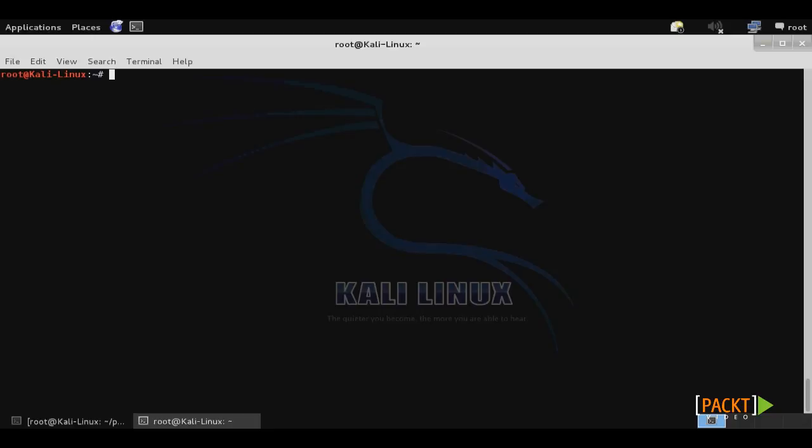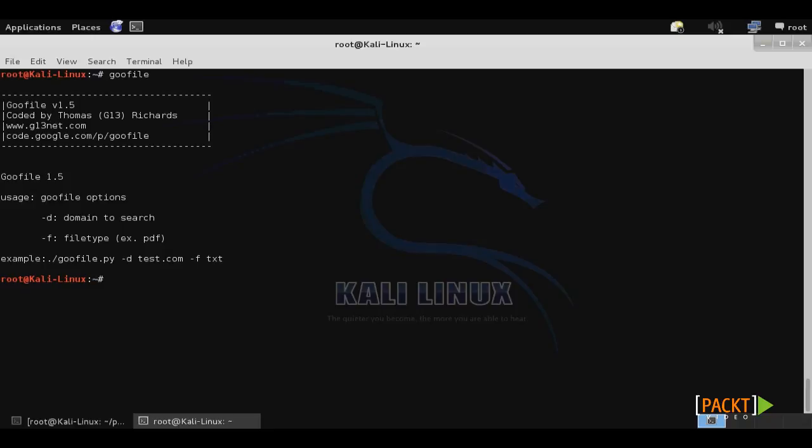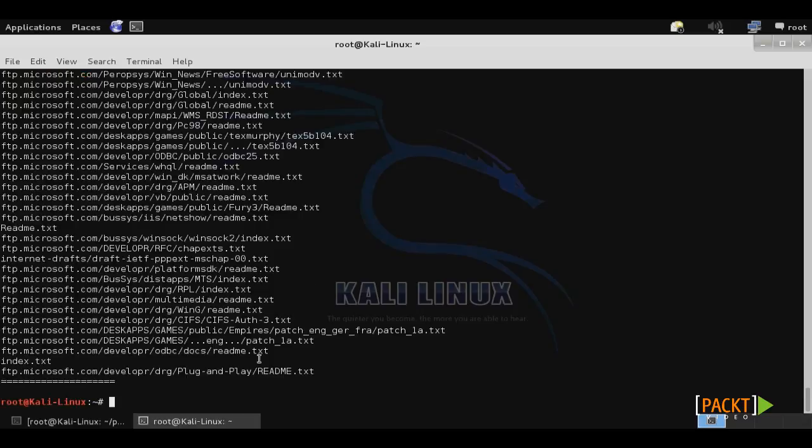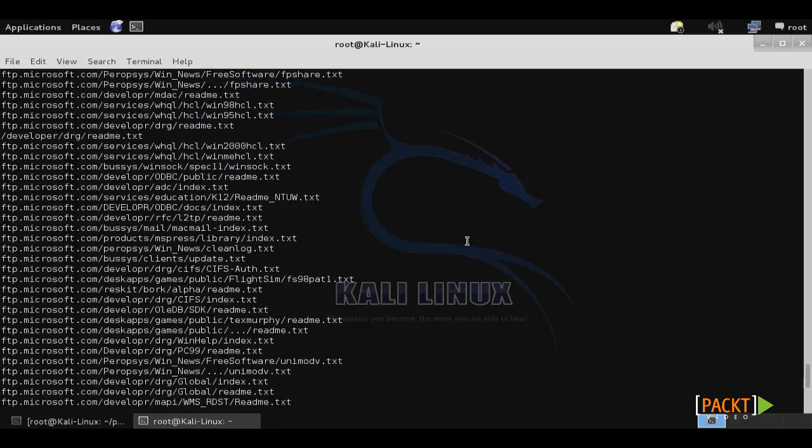Another helpful tool for automating passive information gathering is GooFile. This is a very simple file enumeration tool that will search a domain for a specific file type using the Google search engine. So, for example, we'll use goofile, then -d to specify the domain, and we'll specify our ftp.microsoft.com site, and then -f to specify the file type that we want to search for, and then we can use any file extension, so we'll go ahead and try txt. And that will return any text files located within that